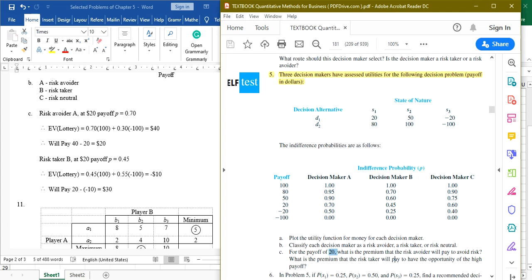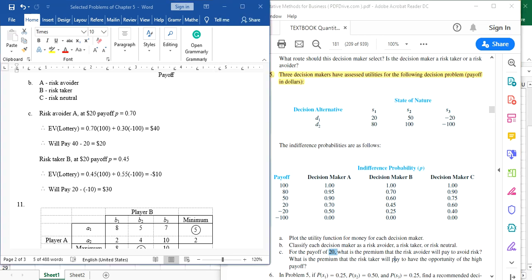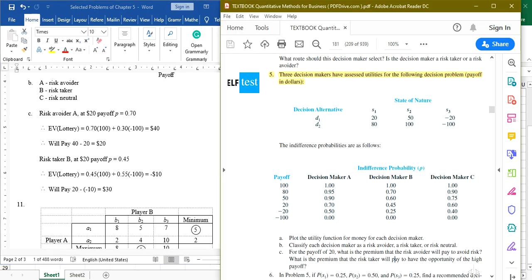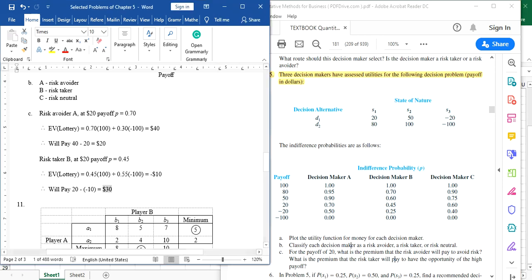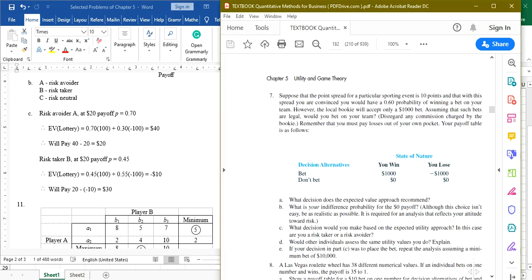Okay? But what about the other one, the risk taker? This guy is willing to pay $30 risk in order to win $20. So this guy is riskier. Okay? And let's go for